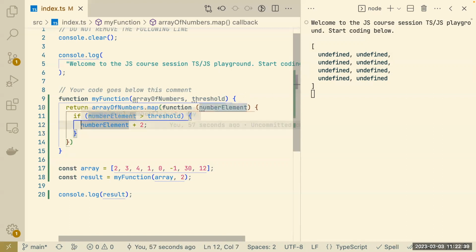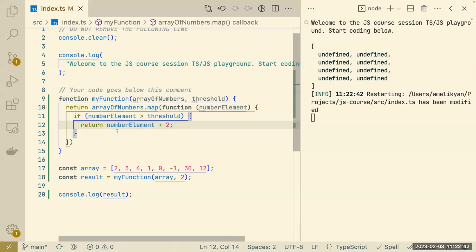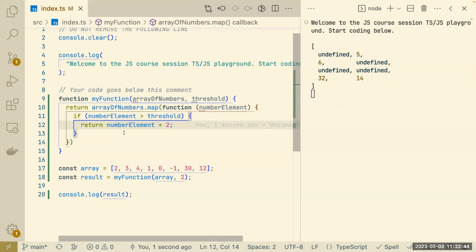So we forgot the return here. But is this still correct? This is not 100% still correct. Why? Let's take a look. Now,